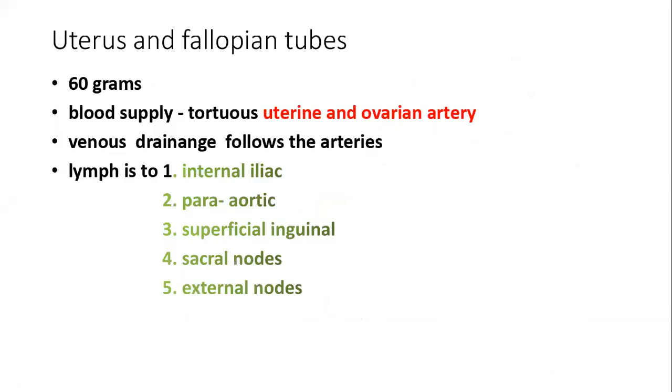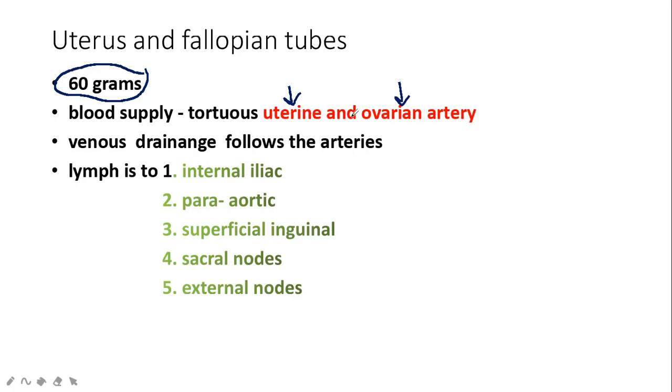Right. Now let's talk about the uterus and the fallopian tubes. Firstly, the weight: 60 grams is the average weight of the uterus. Remember, the ovary will be 6 grams. Then the blood supply is from the uterine artery, a branch of the internal iliac, and from the